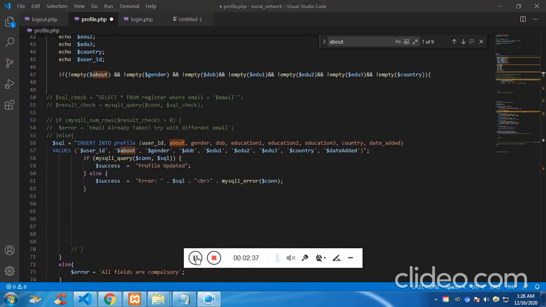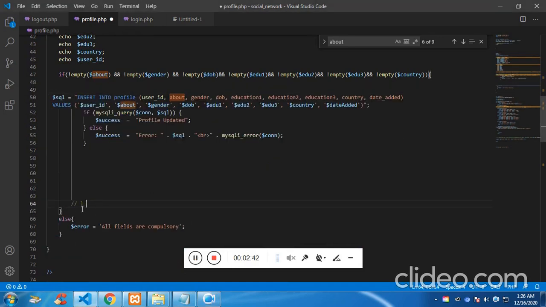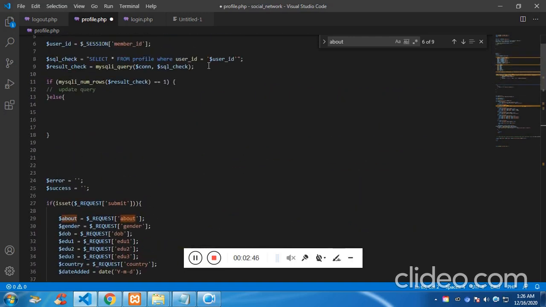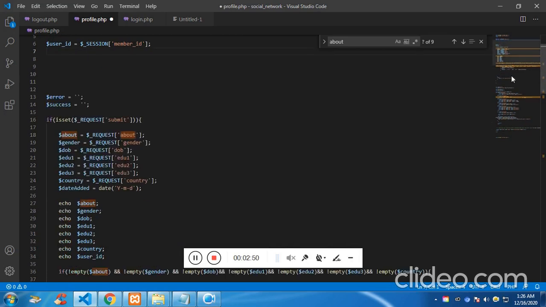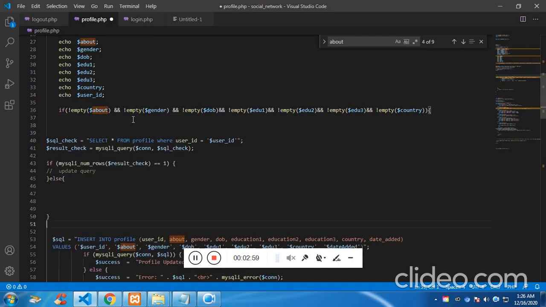So which you need to have, let me remove this. Cut this, and on the insert, so here it is what getting inserted, paste it over here,